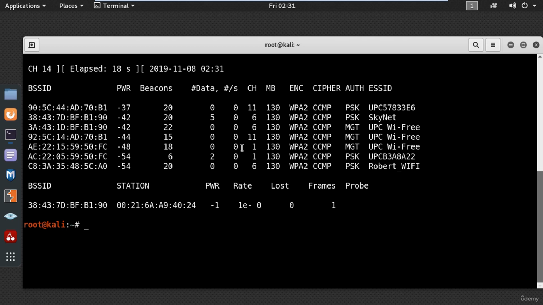Okay, so let's see how to sniff packets from a specific network. And in my case, the target network is Skynet. Also make sure you are doing this test on your own network. So let's get started by typing the following command: airodump-ng